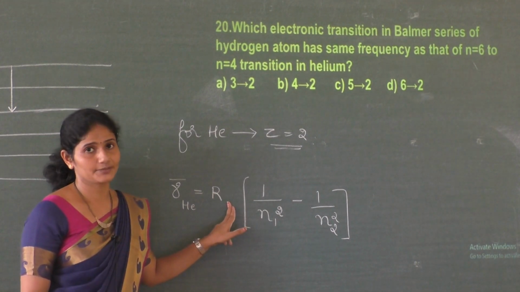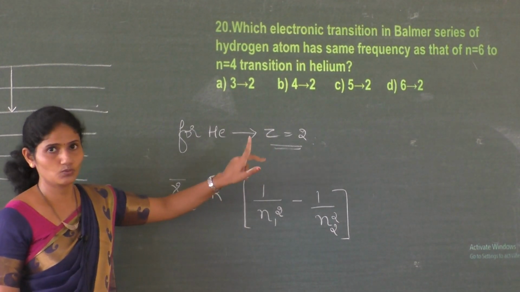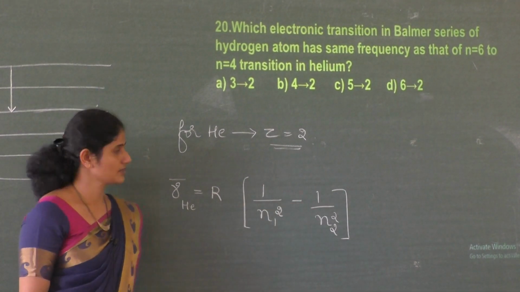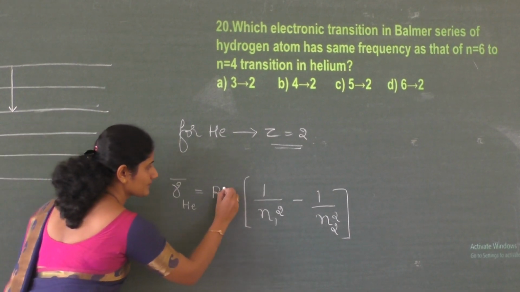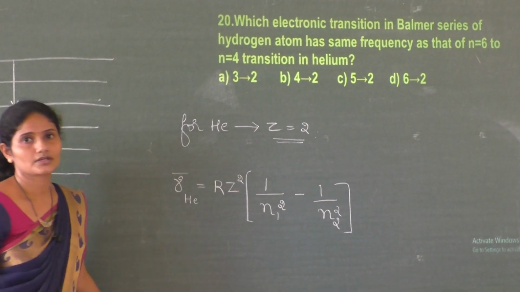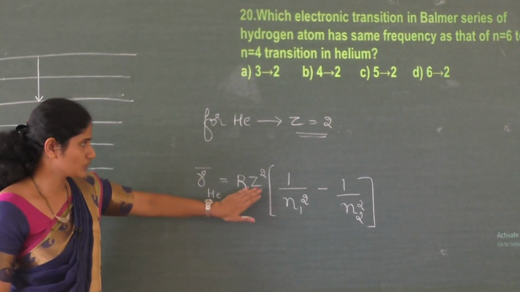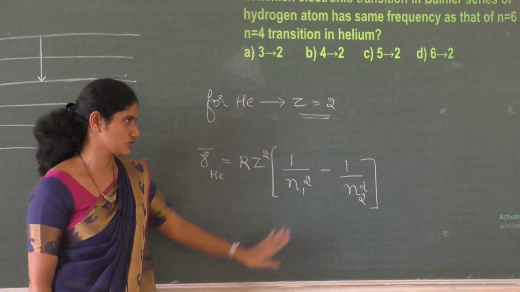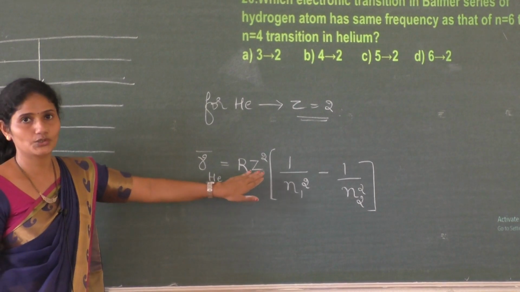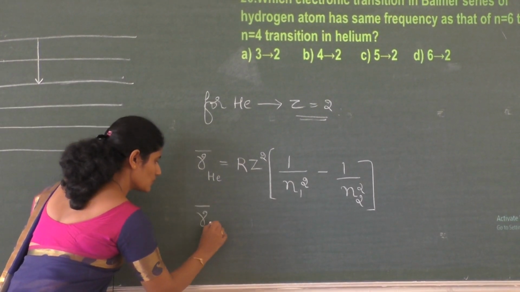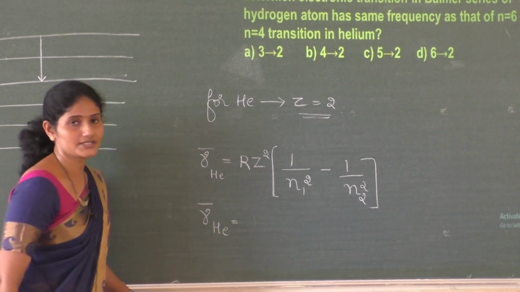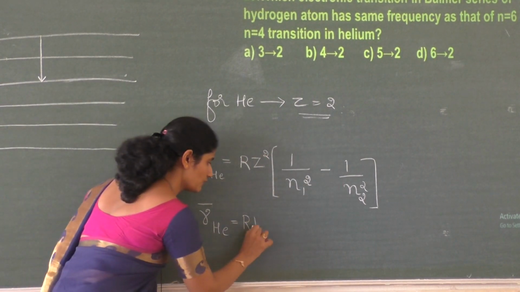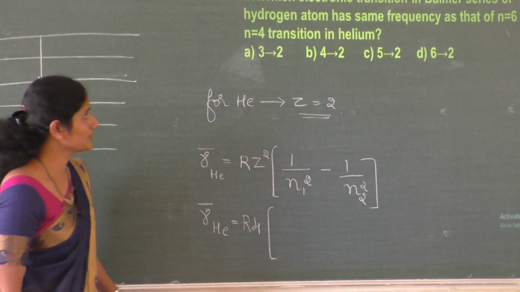In case of hydrogen atom, atomic number Z is equal to 1. So R into 1 by n1 square minus 1 by n2 square. For helium, I will write here Z square. In case of hydrogen atom, no need to write Z square because Z is equal to 1, square is 1. For helium, Z is equal to 2. So nu bar for helium is equal to R into Z is 2, square is 4R into 1 by n1